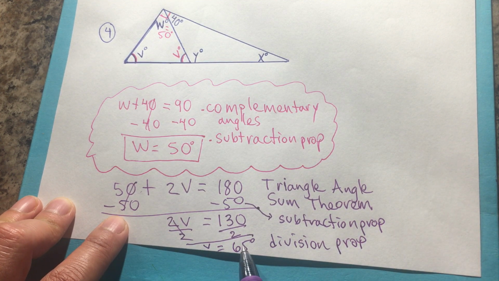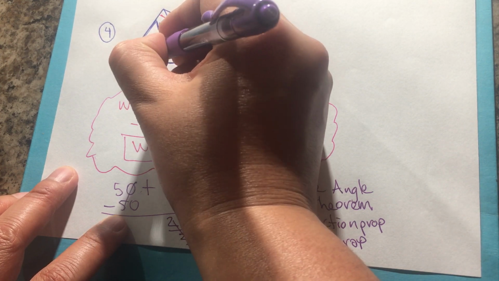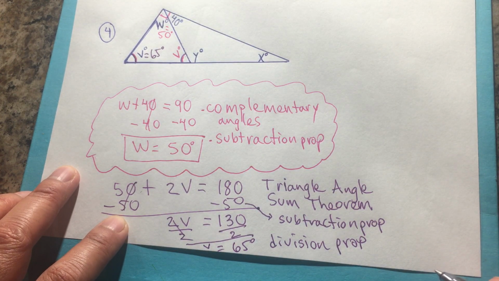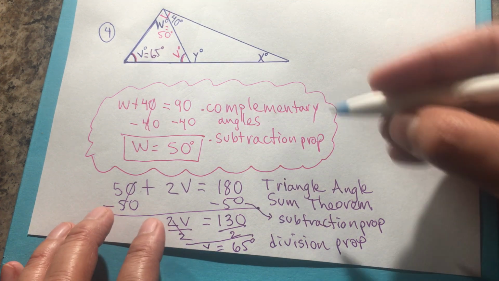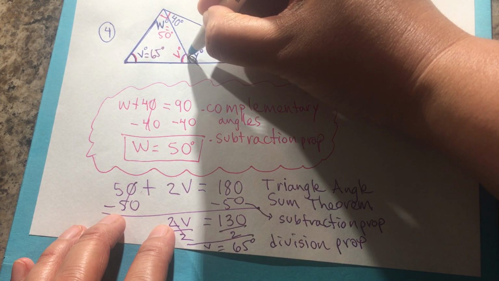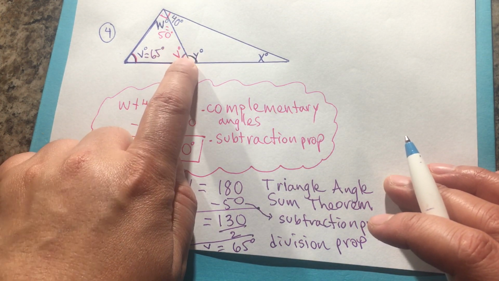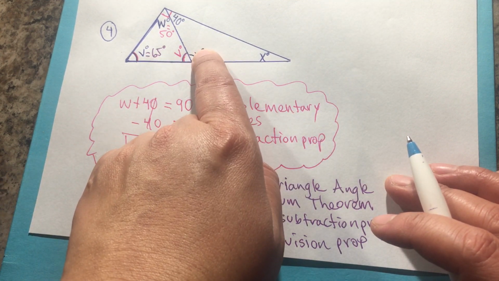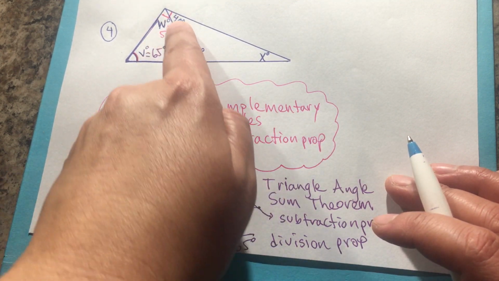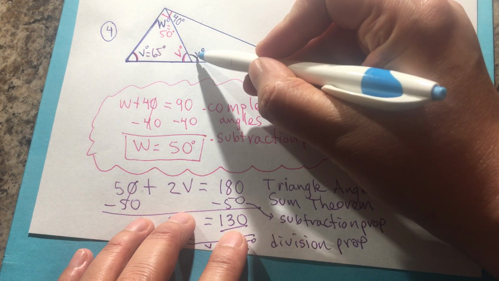Okay, so now we have the value of V, which is equal to 65 degrees. With that, we are able to find the value of Y. So Y is an exterior angle. Remember that if it's extending one side and that's outside of that triangle, it's an exterior angle. So the sum of